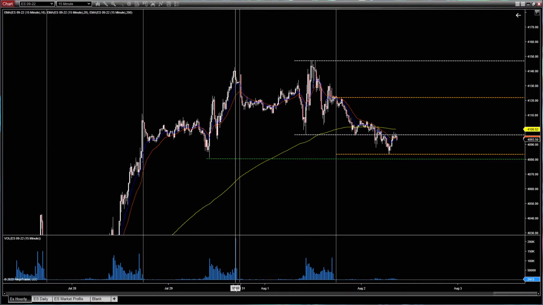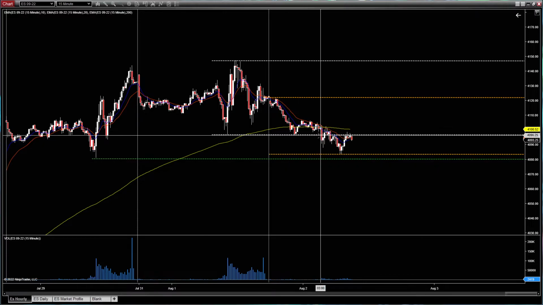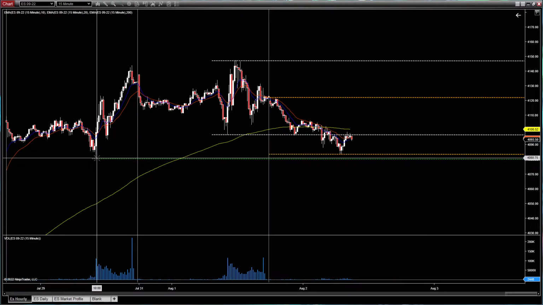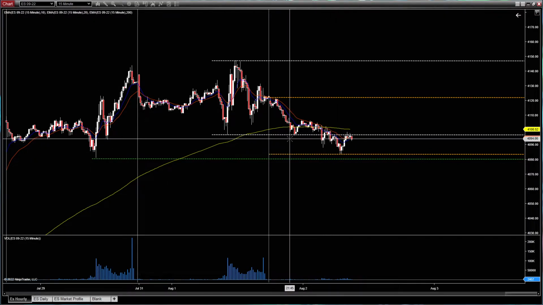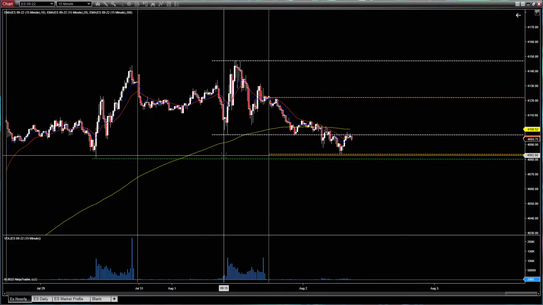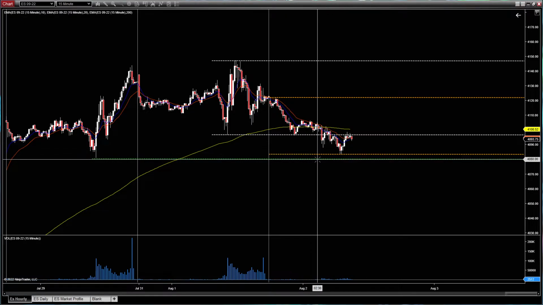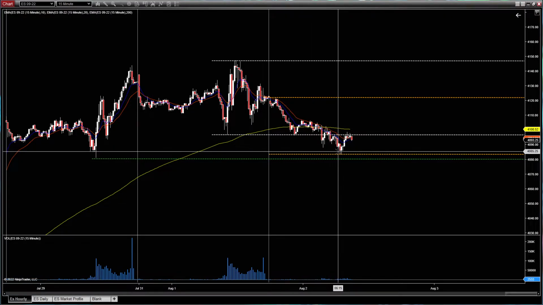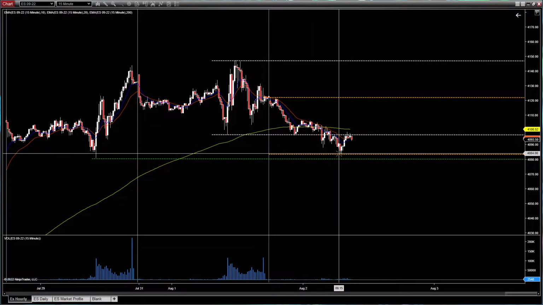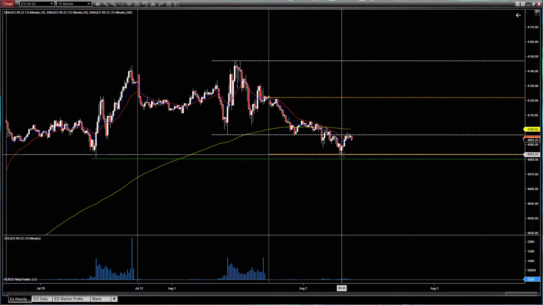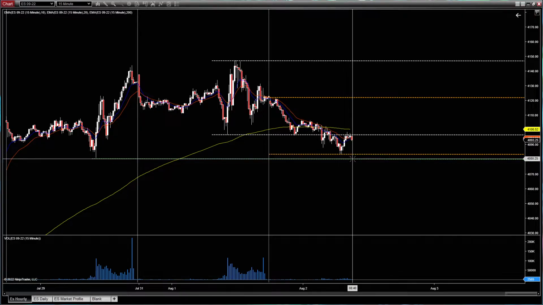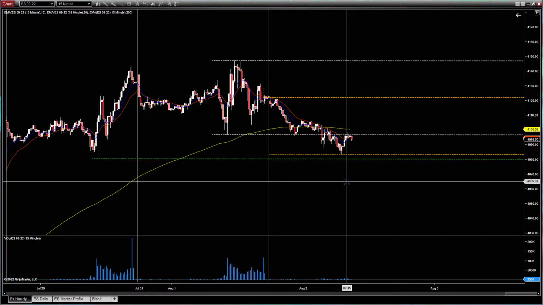This dotted green line was a target for today. We got really close during the overnight. That's the 4080 level I was talking about. The plan technically when I got these levels last night was that if we cross below previous day low, we would target that. That already happened overnight. We bounced off this area right here, so we know that 4083 actually served as where we bounced instead of hitting our target at 4080. So we'll be keeping a close eye on that still.